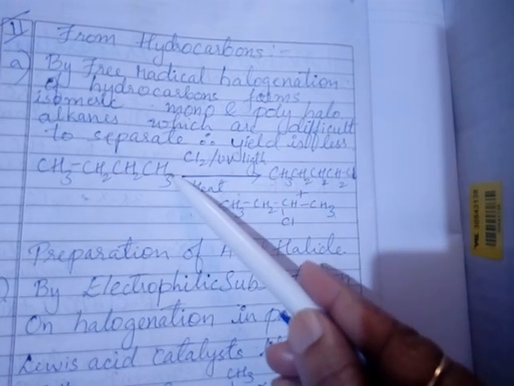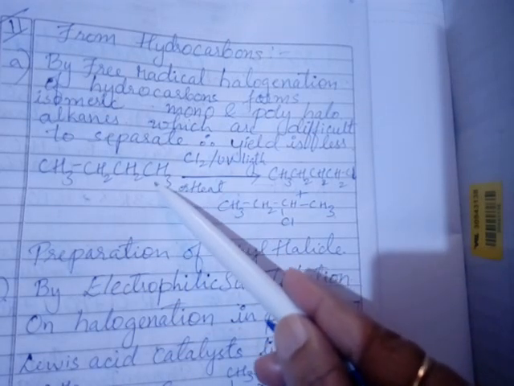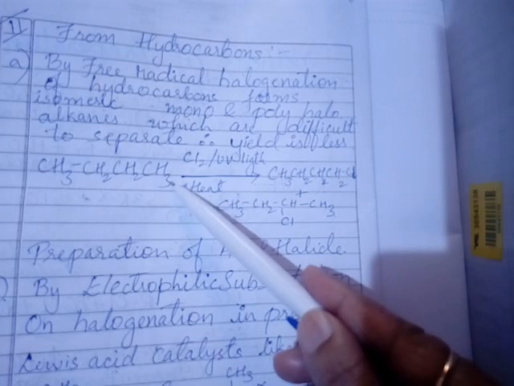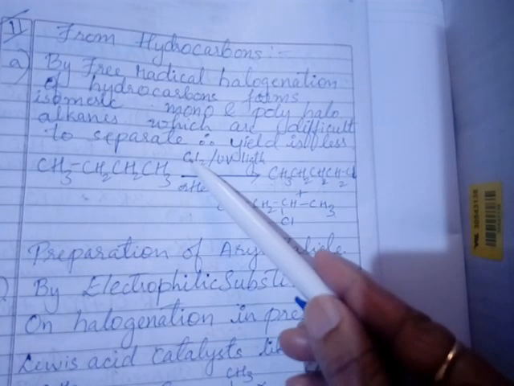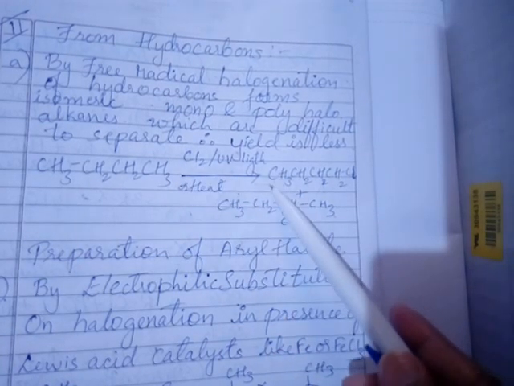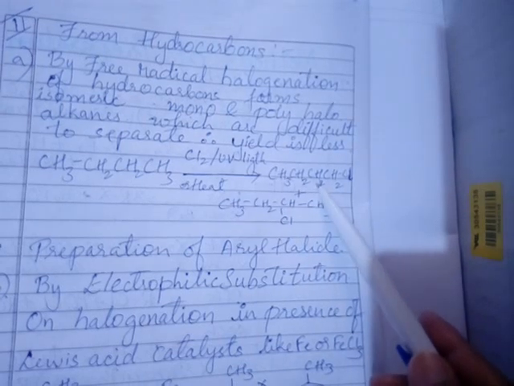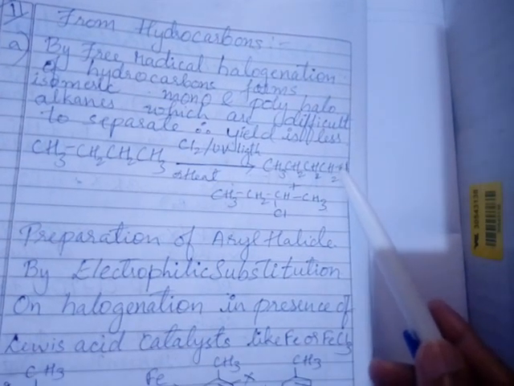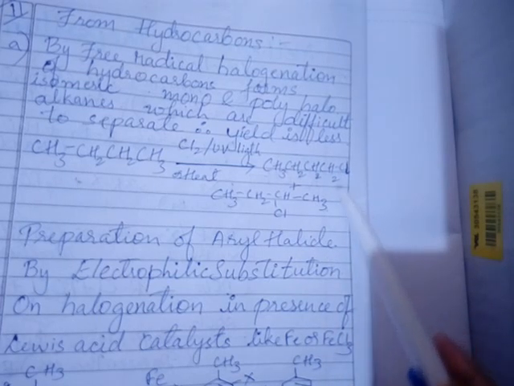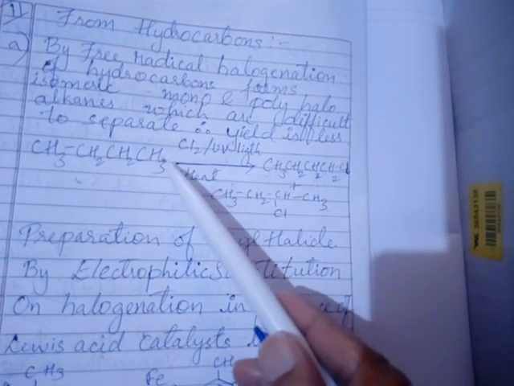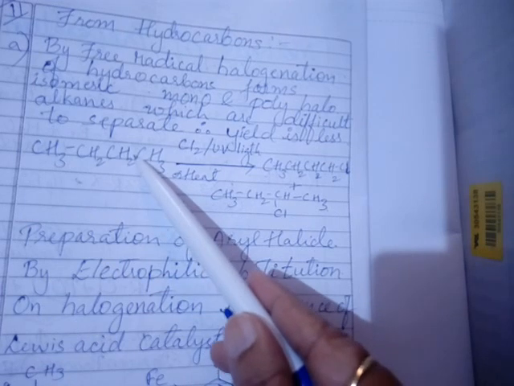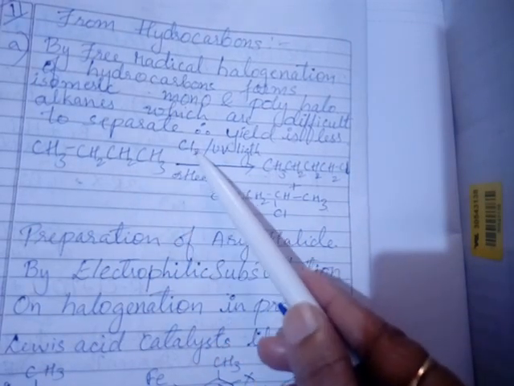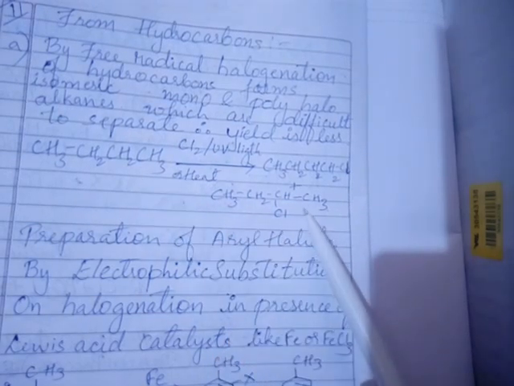So here the reaction is going to take place. One of the H of the first CH3 is getting replaced by the Cl. So you are going to get CH3CH2CH2CH2Cl. You are going to get it as 1-chlorobutane. Similarly, one more product can be obtained. In the second carbon one hydrogen will be replaced with Cl. So you are going to get what?